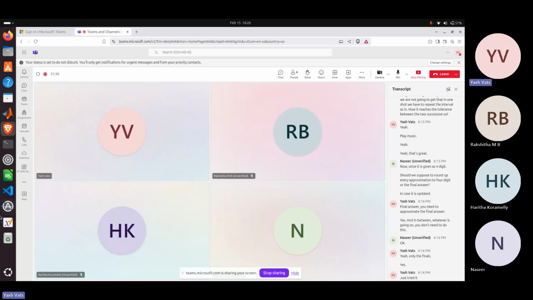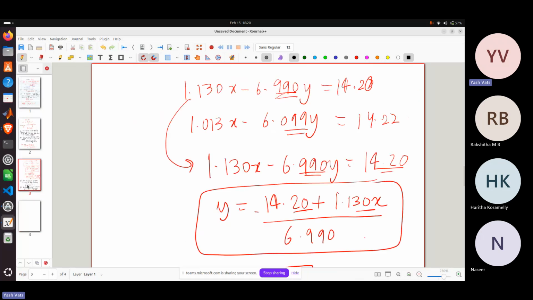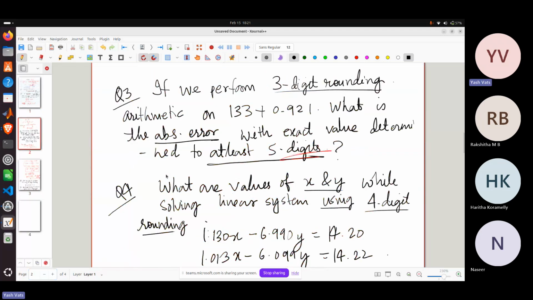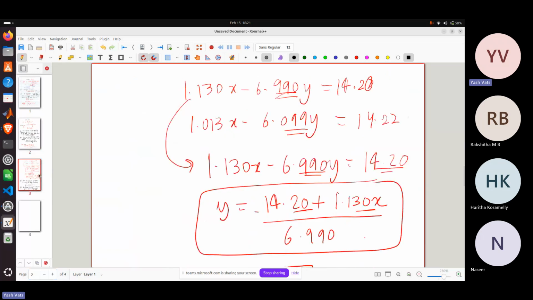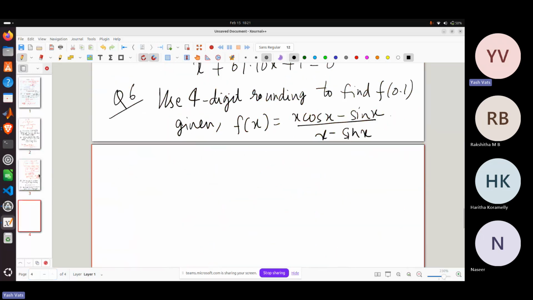So I hope it's done, and on a similar note, let's go with the next. So if you have f of x given by this one and you have to find the relative error, wait, if I say find the relative error,